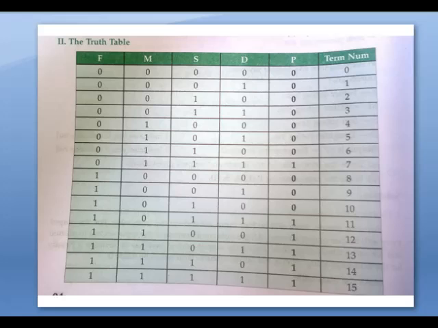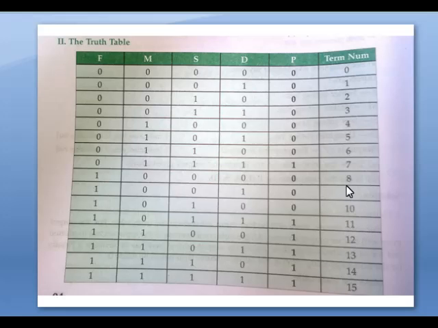And how will you write F dash? Again go to the truth table. 7 is 1, so go to the 7th place. The output is 1. If F is 0, then it is F dash. Where there is a 0 you have to dash it. First look at the output: where the output is 1, look at that term; where the output is 0, you have to leave it. So at the places of 1, you write F dash M S D plus F M dash S D. Like this you have to write the final expression.